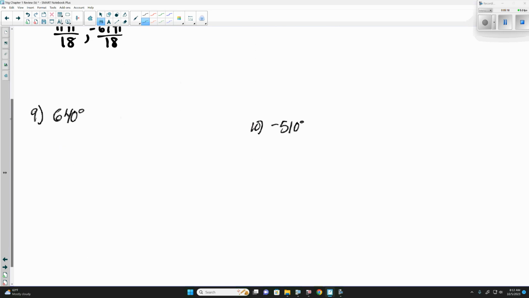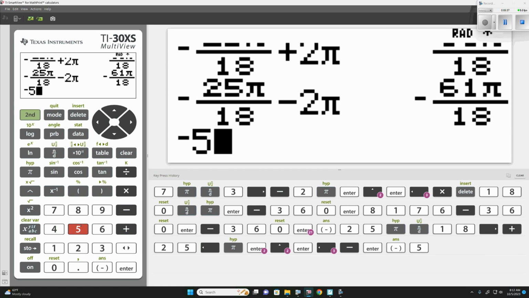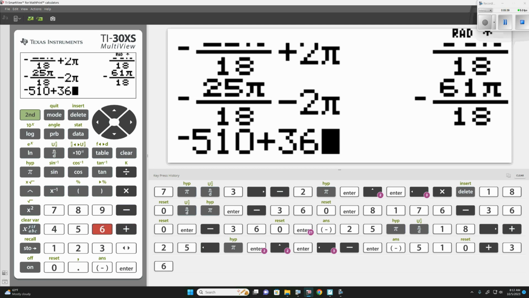Or add it. Do we want to look at 9 or 10? 10. Now with any of these here, I always start out doing the opposite of whatever the sign is. And it's not a mandatory rule. Because for negative 510 degrees, we could subtract 360 first, or we could add 360 first. We could do either. I always do the opposite just in case the angle is bigger than twice 2 pi,